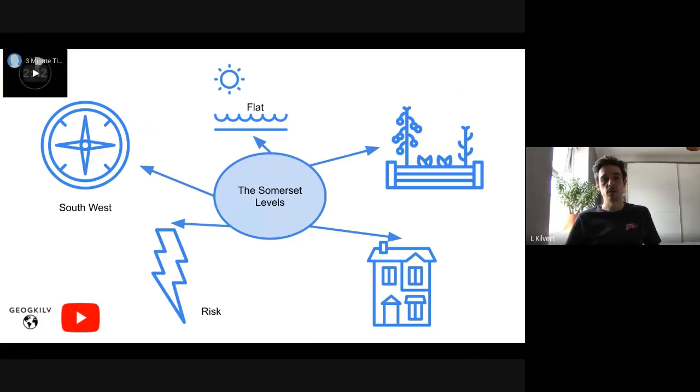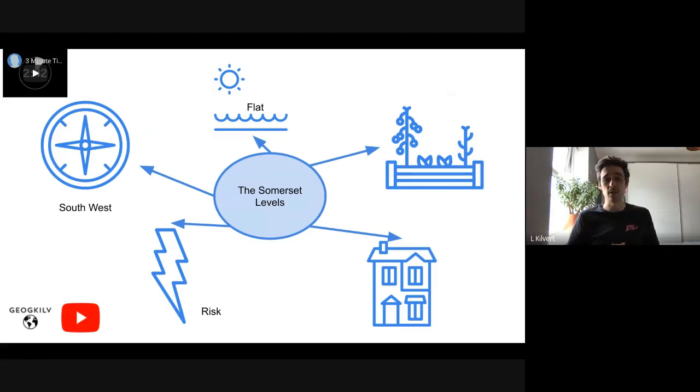Now, what I've done is I've broken that down into this nice little mind map here. And this is a really useful thing to do for revision. I've done this by using some symbol creators on the internet, but you can just do it on pieces of paper. And this is a useful revision tool. I can use this information that's in front of me to tell me everything about where the